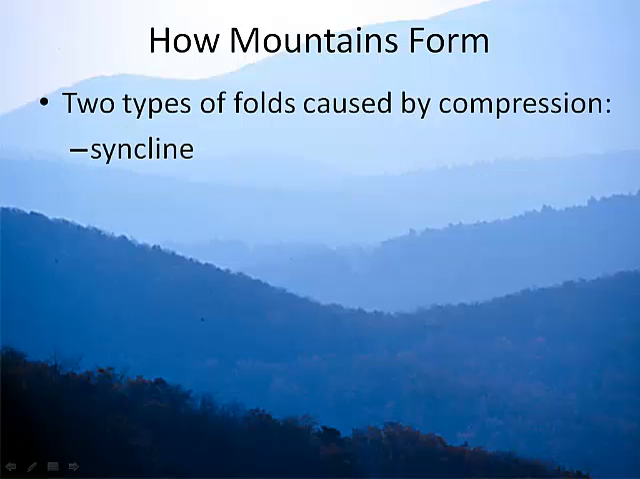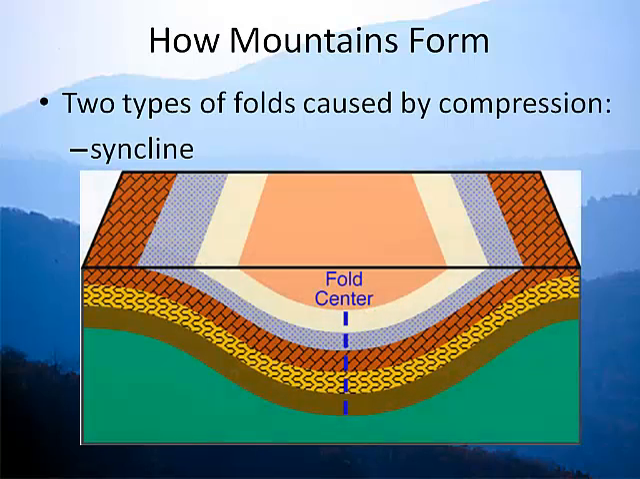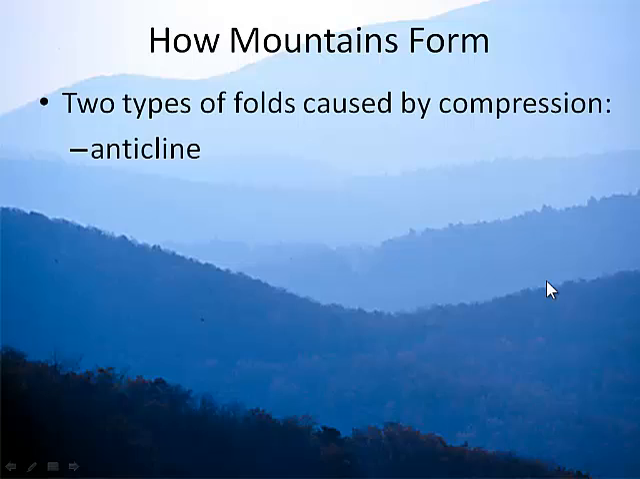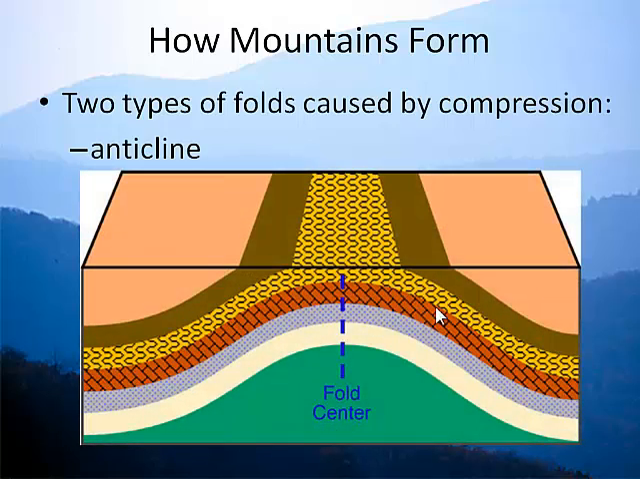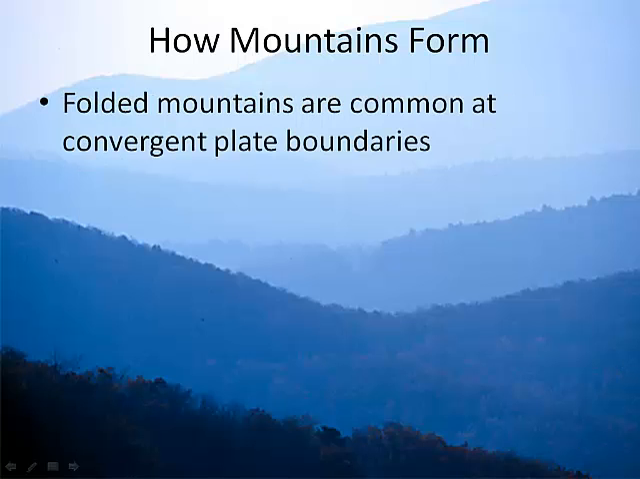One's called a syncline. This is an example of a syncline, so the rocks are going to fold downward, make a downward fold. And the other type is called an anticline. An anticline is just the opposite. The rocks fold upwards. They make an upward bend, like a dome. So at convergent plate boundaries,